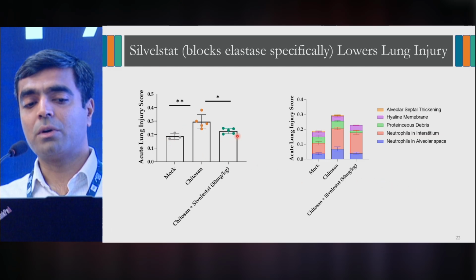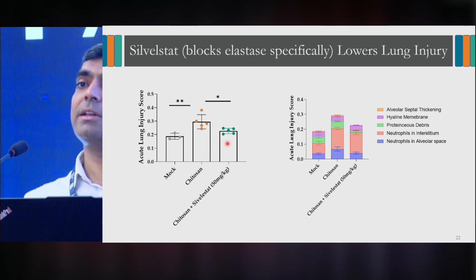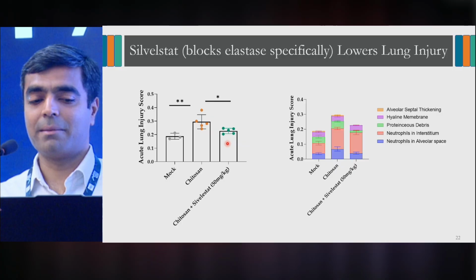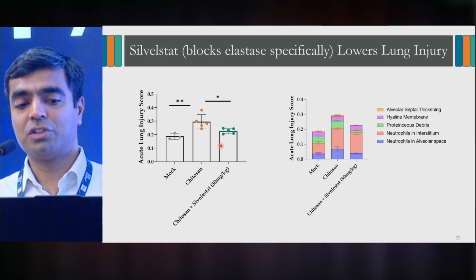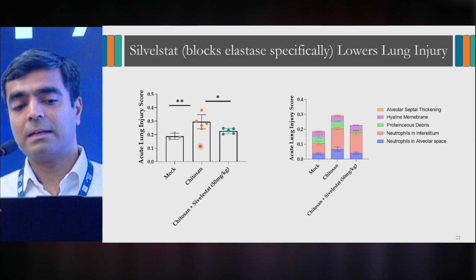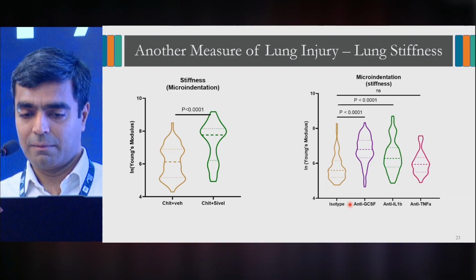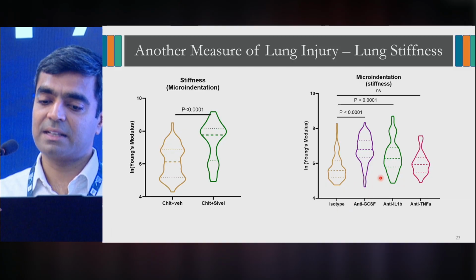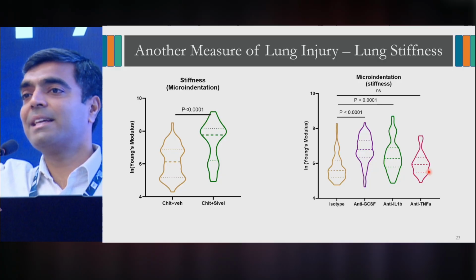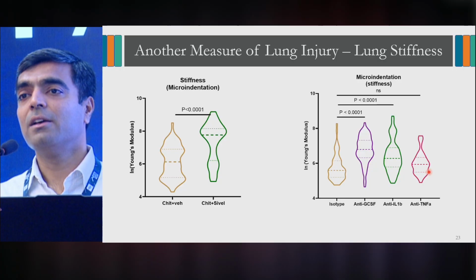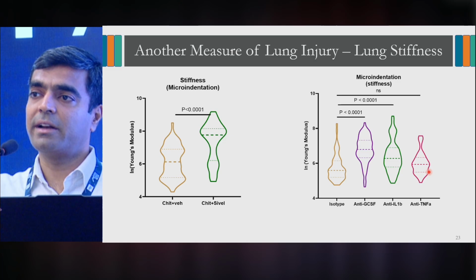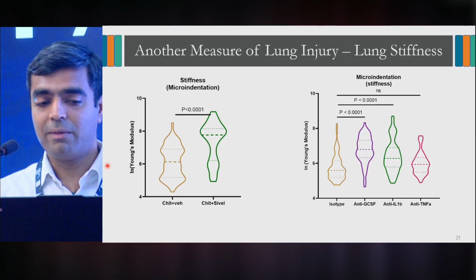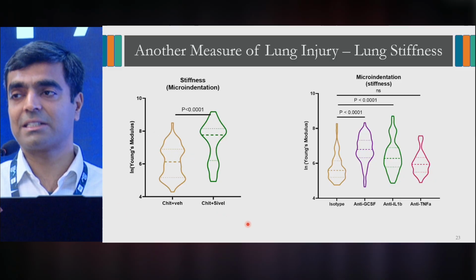And we show that the acute lung injury score in that same model, where we implant biomaterials, then we have lung injury, and we inject Sivelestat, so it's a complicated model, we can reduce the injury in the lung back to normal levels compared to no drug treatment. We can also do the same with antibodies against GCSF and IL-1 beta. IL-1 beta is downstream of GCSF, but not TNF alpha. TNF alpha is increased in inflammation, but not in this particular pathway. So we show that this particular pathway is what is important. It is the GCSF, IL-1 beta and elastase pathway that seems to play a very important role. And we can restore lung stiffness also with the Sivelestat treatment.